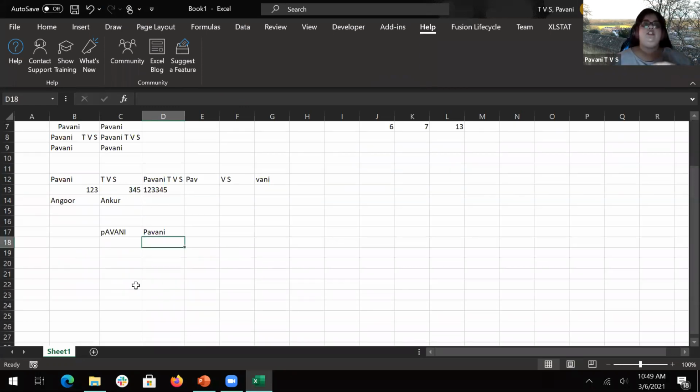So that's how it is done. And same goes if you want to make everything capital, I'll just give upper. Upper is nothing but the uppercase. And say I don't want uppercase, I want lowercase. So this will give lowercase.